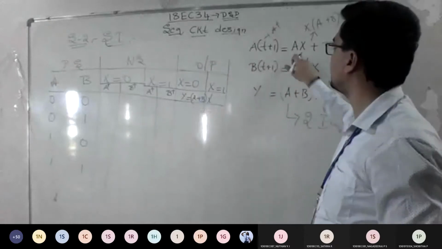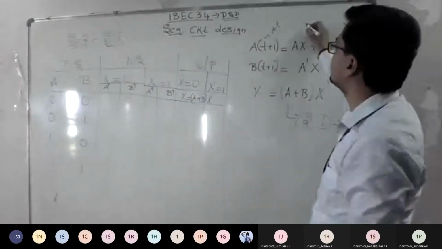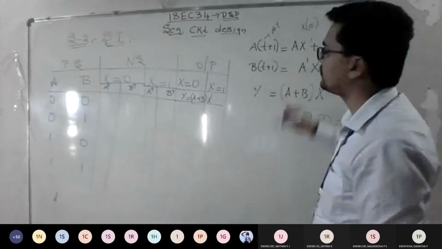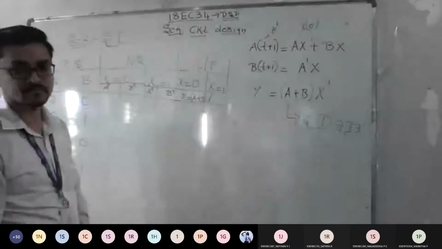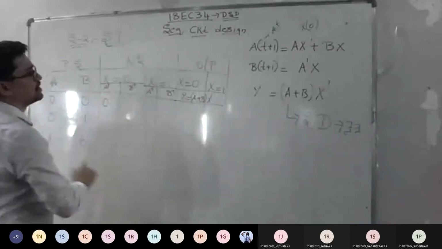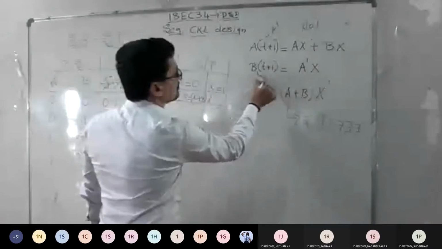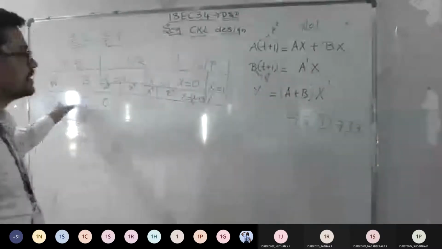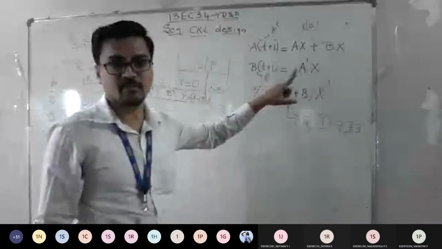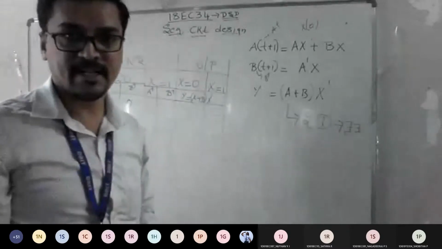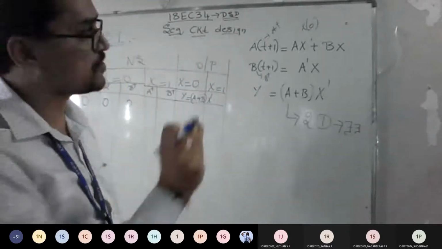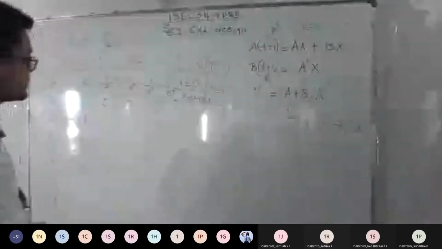So you know what the inputs for A and B are, and you should take x for two conditions. So first, x equal to 0. Substitute the present state A as 0, B as 0 and x as 0. What is the output of the next state? What is A plus now? 0. Good. Similarly B plus. A is 0, A complement is 1, but x is 0, so it means B plus obviously has to be 0. Agree? Understand, you just need to substitute the input in that particular equation. That's all. Okay, next answer.